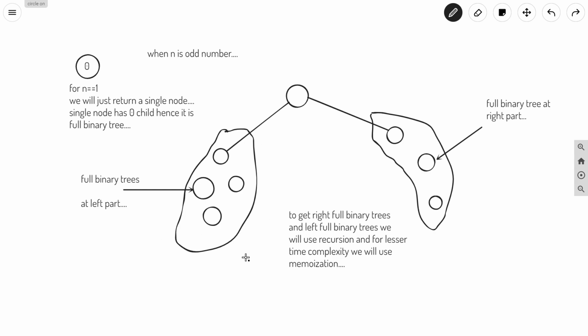So basically we got full binary trees on the left part and full binary trees on the right part.